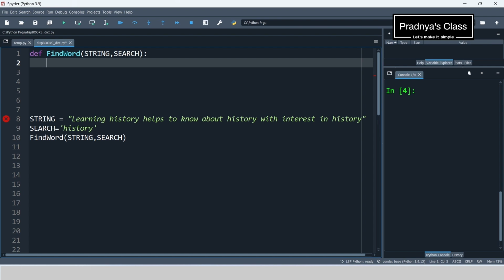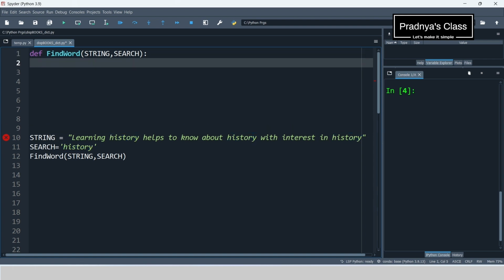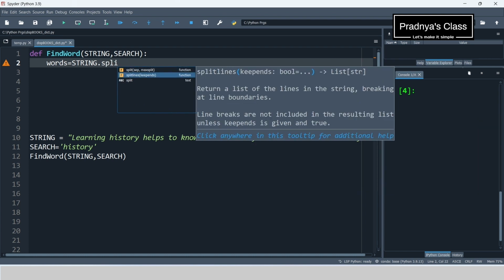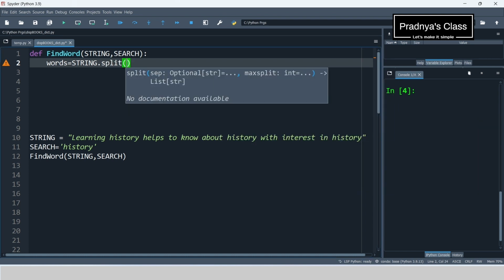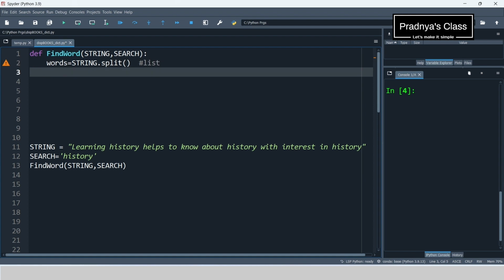Okay, to write code we are in the IDE. Whenever we need to write code in which we have to count the words or display the words of a string, first of all we need to split that string. And to split the words of the string we have the split function. The name of the string dot split. By default it will split based on space. Here we will be getting one list of the split words.